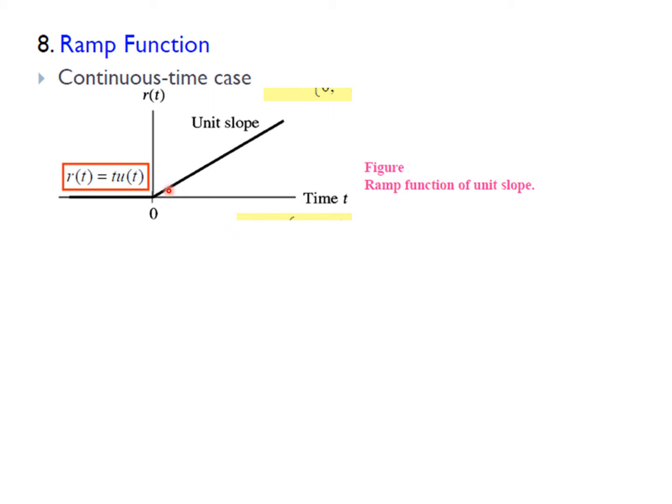In this diagram, you can see as the time progresses, the amplitude also progresses at the same rate. So if you consider slope, for instance, at this instant of time, if the unit covered is 1 unit, then here also it is 1 unit. So if you cover 2 units in time, 2 seconds or 2 microseconds, 2 milliseconds, if the amplitude also covers 2 units, whatever it is, 2 volts, 2 amps, then again this is unit slope. So for all values of t less than 0, it is 0. That means I am considering only one-sided ramp.